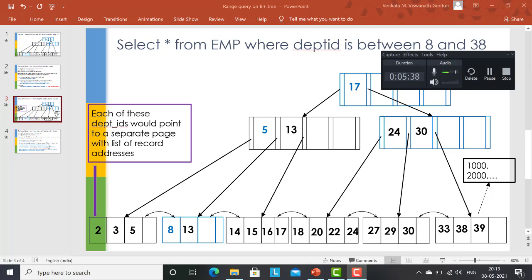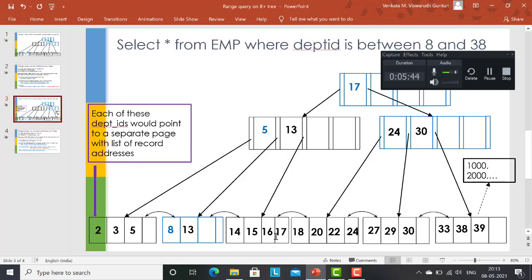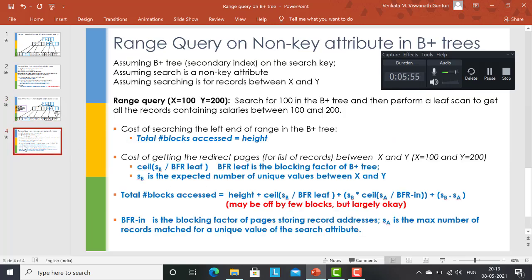But nevertheless, after I reach from root till leaf, the first thing I have to do is this leaf scan, to at least get the address of the first indirect page. So you have to do this leaf scan, and that part was there previously also. The cost of doing that leaf scan will be, as I said before, ceiling of SB by BFR of the leaf. So SB is the